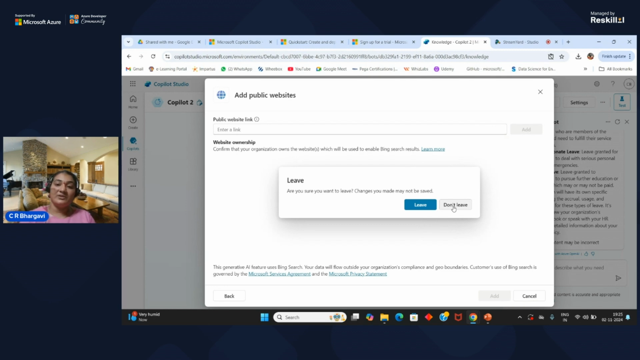The data that you want to train on becomes the knowledge base. So you would be giving it over here. And if it is owned by an organization, you should confirm, as mentioned here, that your organization owns the website which will be used to enable the Bing search results. So it should be enabled to make it the website, and if it's not there, then